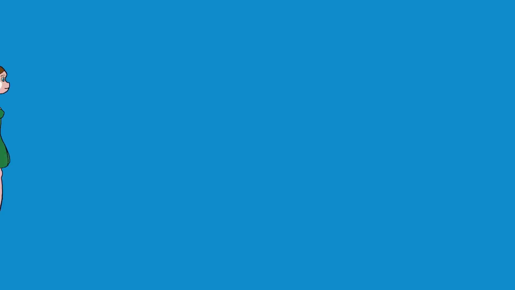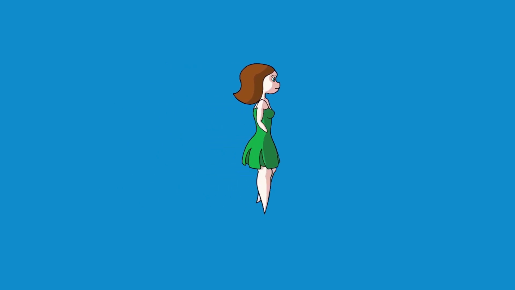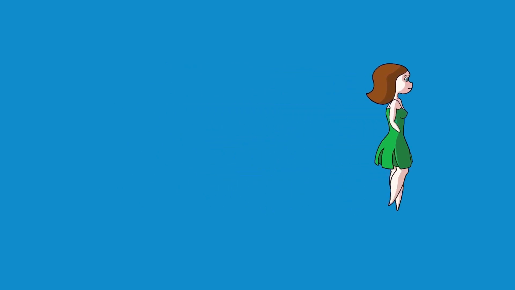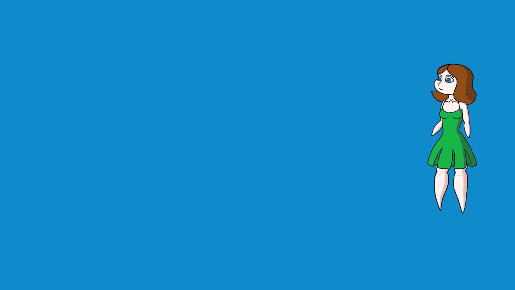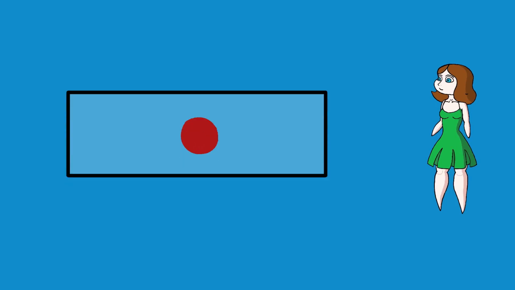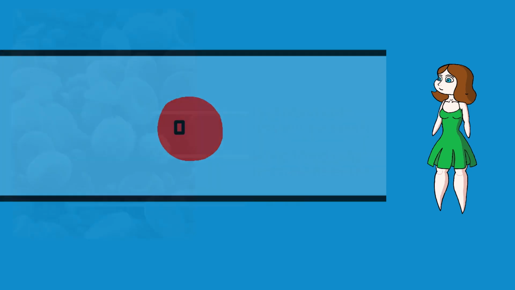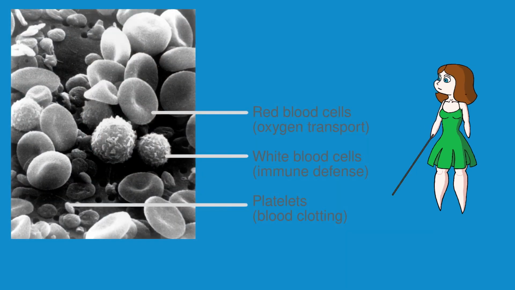There. Now we have a microscopic slide with a drop of virtual blood. When we zoom in, we can nicely distinguish three types of blood cells. The round ones with a dip in the middle are red blood cells, those balls with a rough surface are white blood cells, and the irregularly shaped little ones between them are platelets.